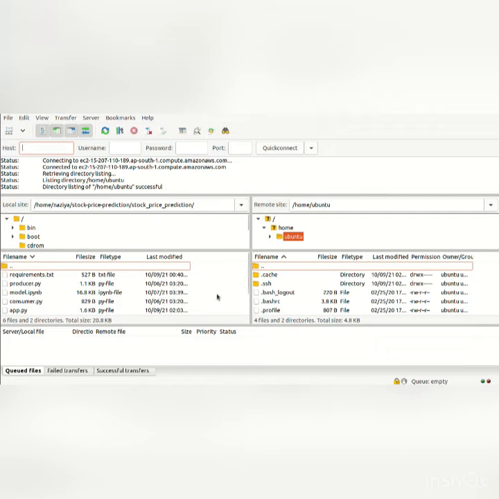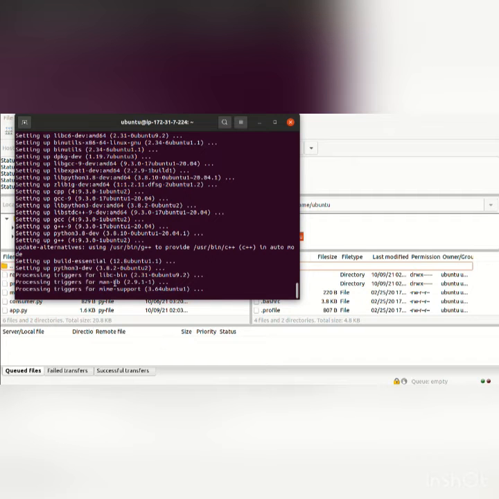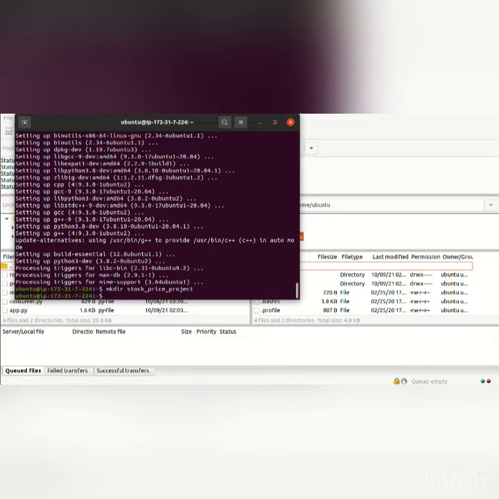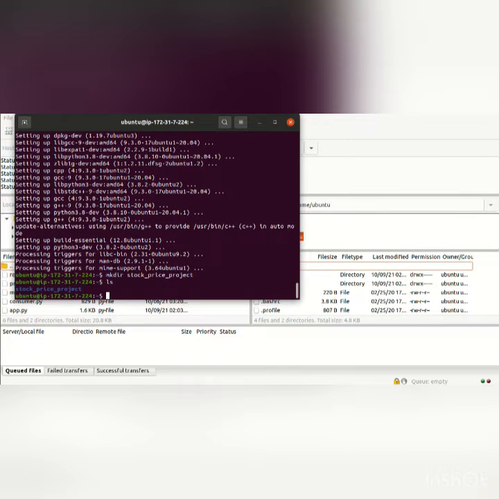We'll have to first create a directory. Let me do it from the command. So just using this mkdir, I'll be creating a stock price project folder wherein we can drop all these files like this model, producer, consumer file, app.py, everything, and all the necessary ones.